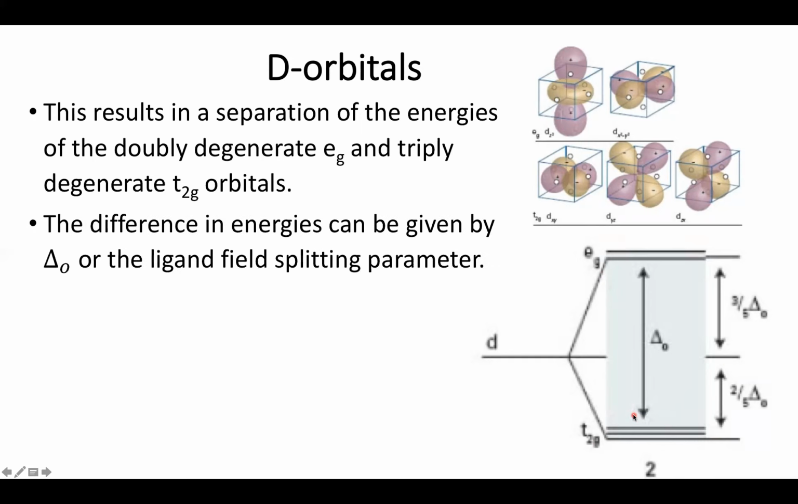And we can essentially give the difference in energy of these two sets of orbitals by delta O, or the octahedral ligand field splitting parameter. It is worth noting, though, since I've got three T2G orbitals, they're going to have to go down in energy less than the EG orbitals go up. So 3/5 of the difference will be the destabilization of my doubly degenerate orbitals, and 2/5 of it will be the stabilization of my triply degenerate orbitals, as these orbitals will tend to have a much more maximized interaction with